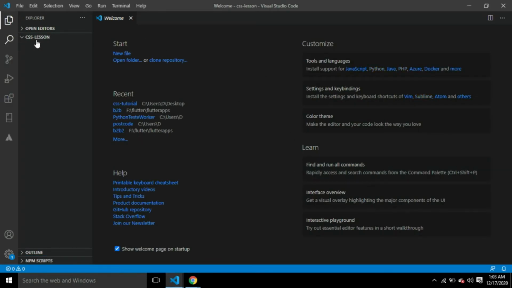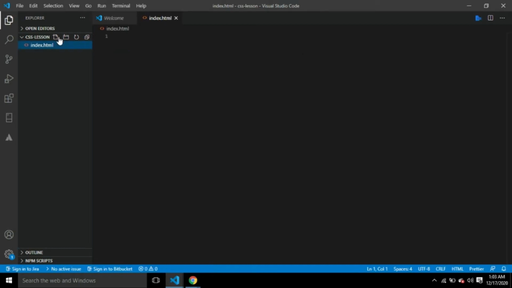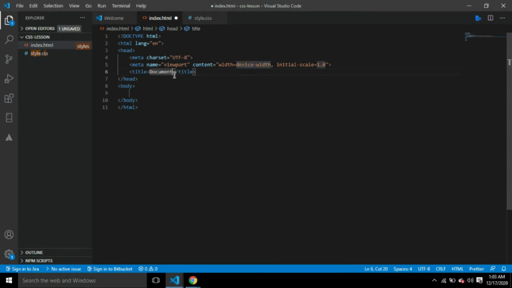Okay, so we're gonna need two files in this lesson. We are going to need the HTML file and the CSS file. So move on by creating your HTML file, then your CSS file, style.css. To create a new file, you call it style.css. So go to your index.html file, then we're going to generate the basic HTML code, then change the